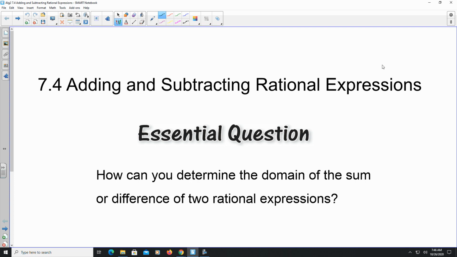In this lesson, we're going to be looking at section 7.4, where we're going to be adding and subtracting rational expressions. So adding and subtracting rational expressions, we're going to follow the same rules as adding and subtracting fractions. We have to have like denominators, and once we have like denominators, we simply add the numerators together to get our result. Okay, so